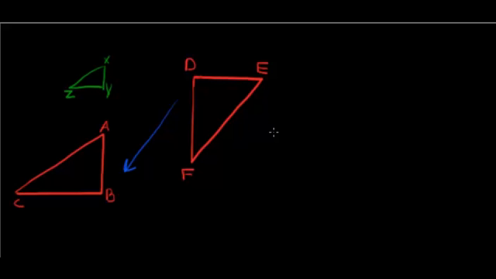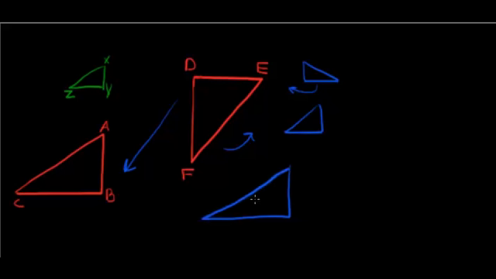Now, the first way we'd probably turn it is we'd move F this direction. So then the triangle would kind of look like this after the first turn, but that's not going to match exactly with what we have here for triangle ABC. So what we can do then is called flipping it, and we're going to take the triangle and flip it the other direction. So then it's going to match a little bit more like that, which if we take a look, it's going to look very similar to what we already have here. So if we redraw the triangle, matching the image we get after we've flipped and rotated it,